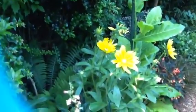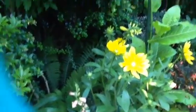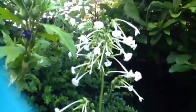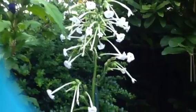Something's had a go at the rudbeckias in this pot. Prairie Sun they are. And the candelabra primula. I grew these on in a pot so they wouldn't get munched, and we put them out just before open day, and look, already they've been munched. Right,